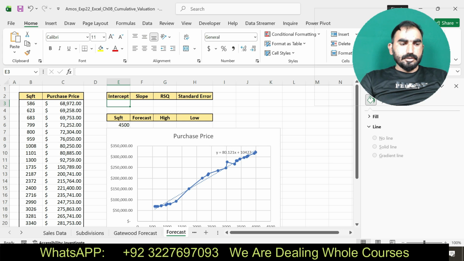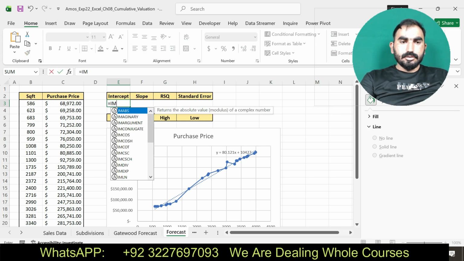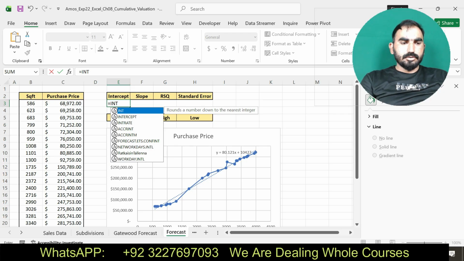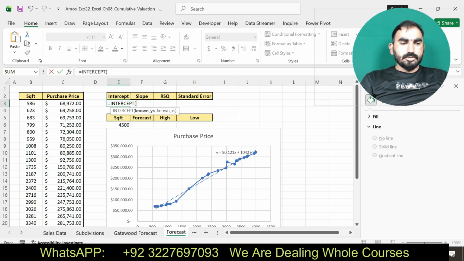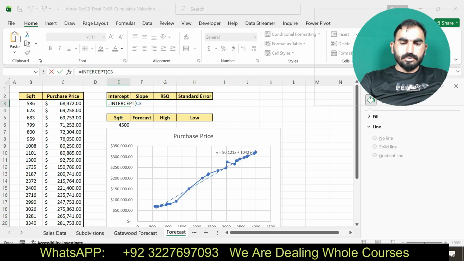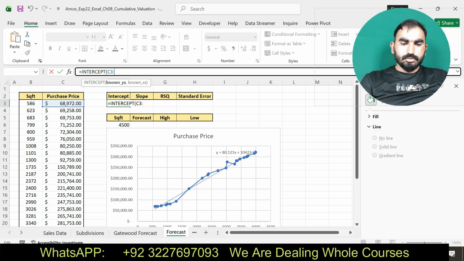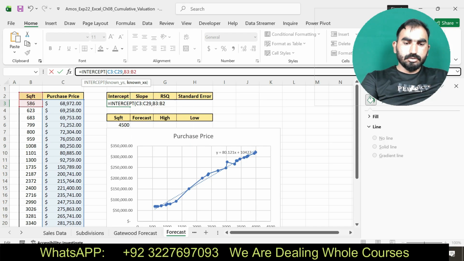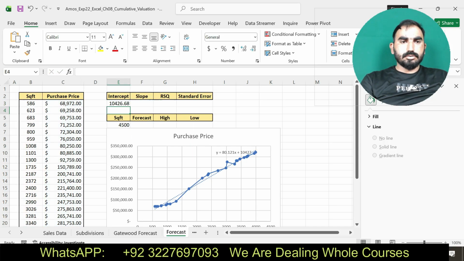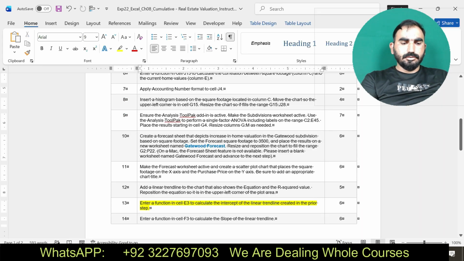Intercept, C3 to C29, B3 to B29. Here you can see I have made the function and found the intercept. Now I am going to move to the next step, number 14.